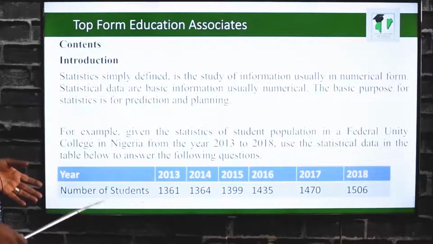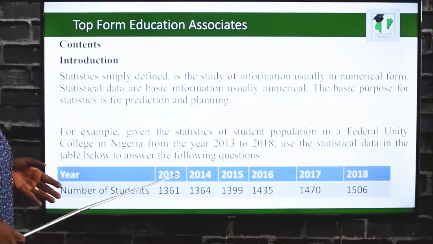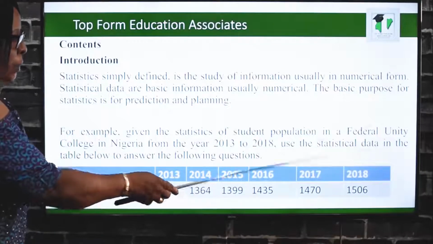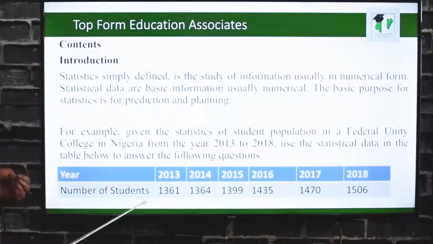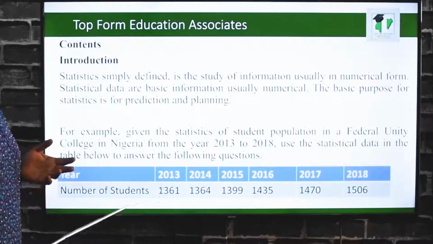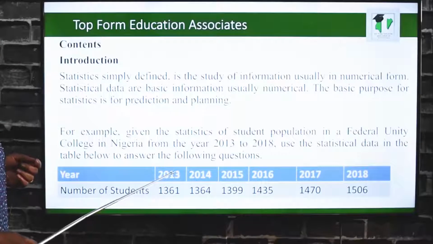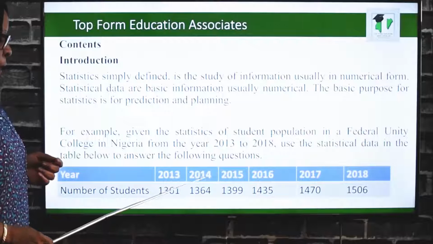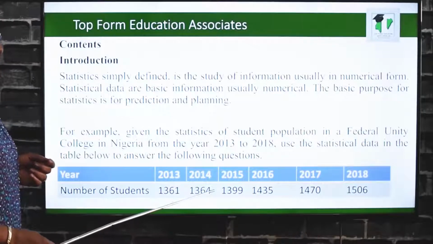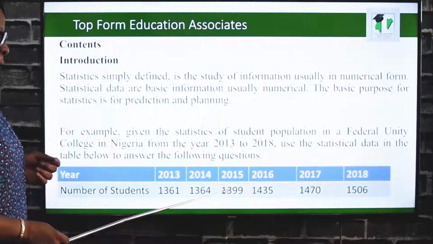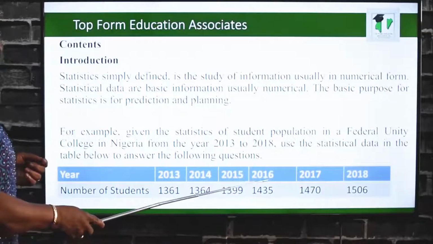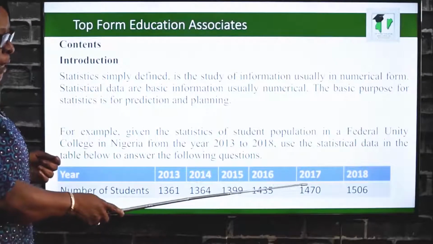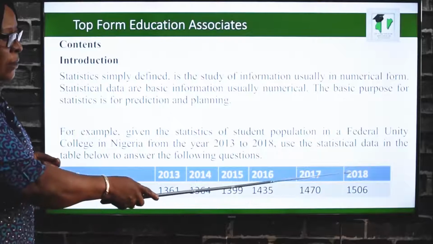The frequency table gives us the year 2013, 2014, 15, 16, 17, and 2018. The number of students, that is students' population, in 2013 is 1,361. 2014, 1,364. 2015, 1,399. 2016, 1,435. 2017, 1,470. 2018,